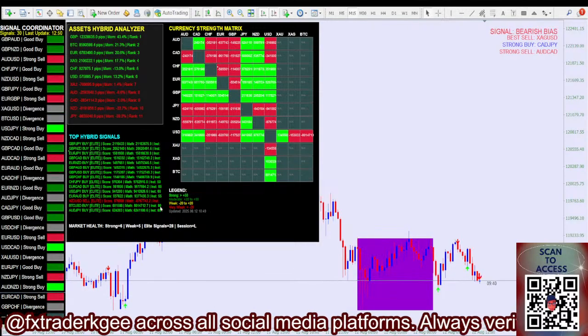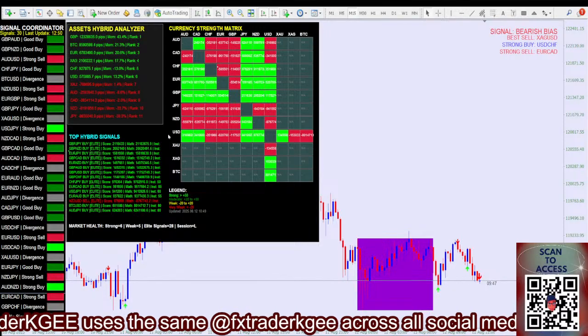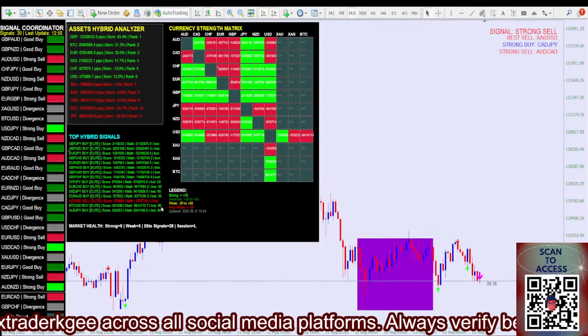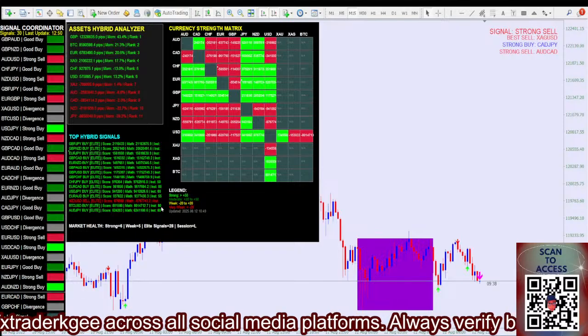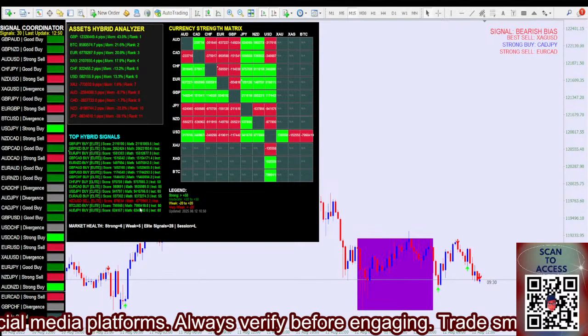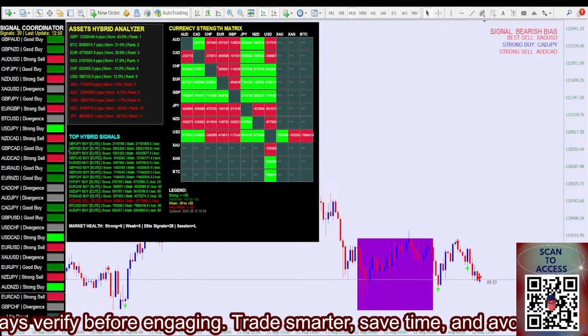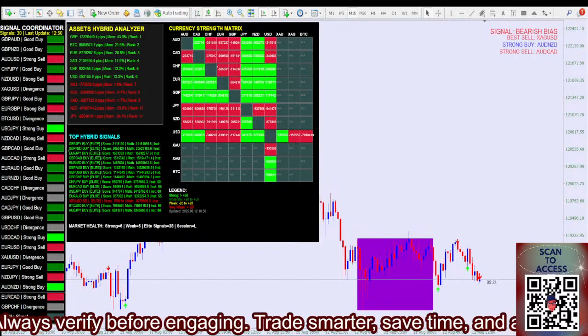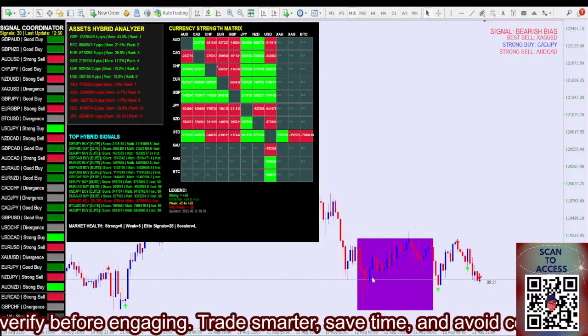Just that says strength here, says 80. Calculations here also say 80. Everything is saying push the market up. So I'm just going to